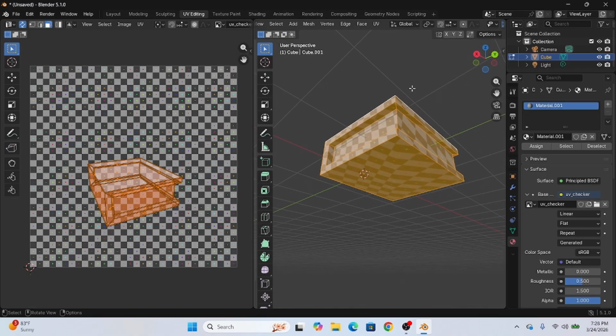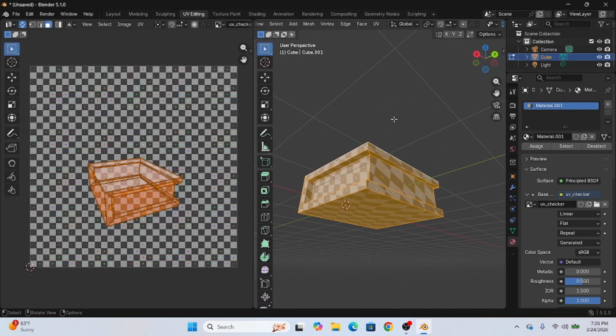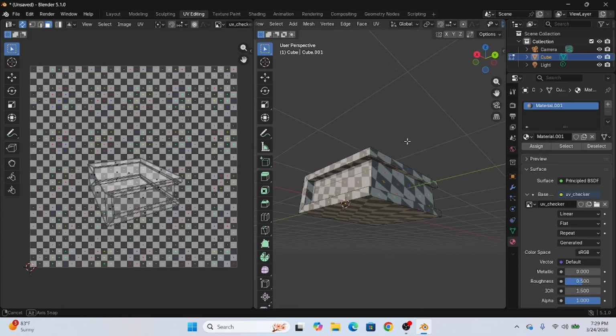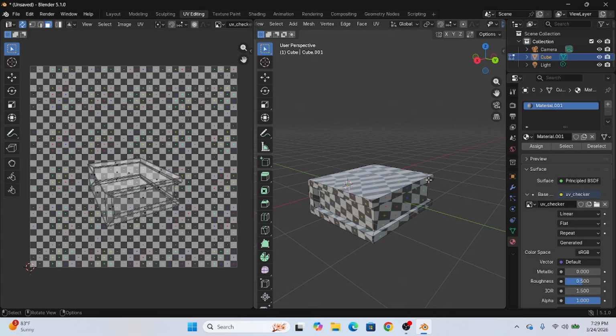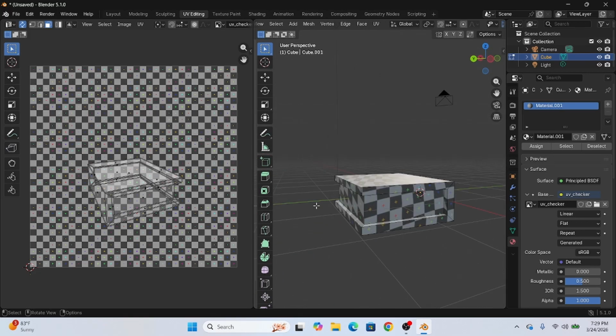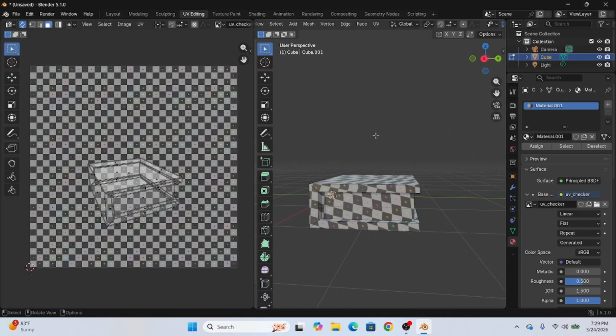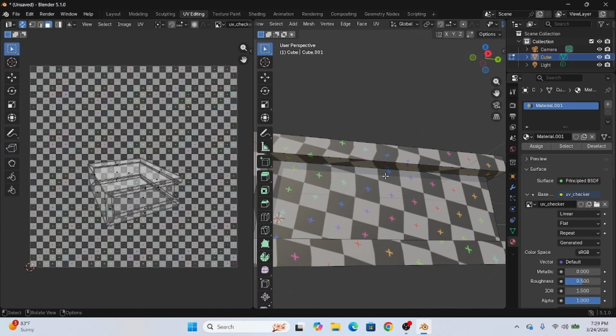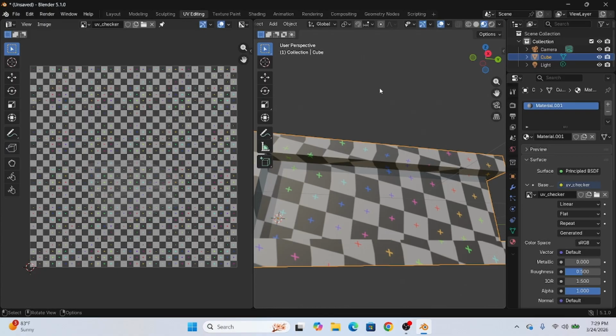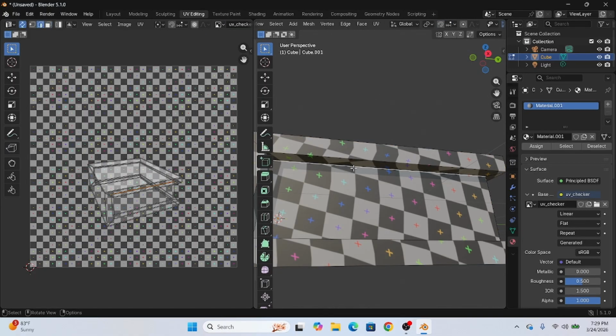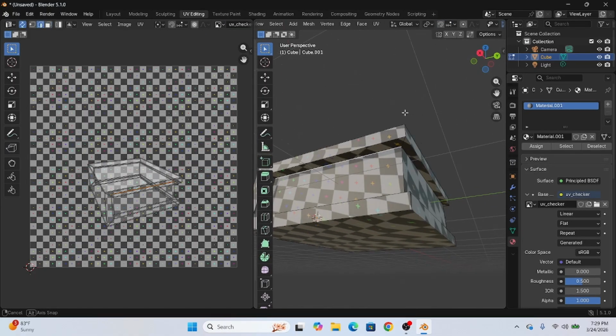First thing for cutting up UV, if I know an area in my texture is going to have a different color, I'm going to separate it and cut it out. I know that the inside of my book will be a different color, so I am going to cut the middle area of the book, the one that's going to hold the pages, out. I'm going to go into edge mode,